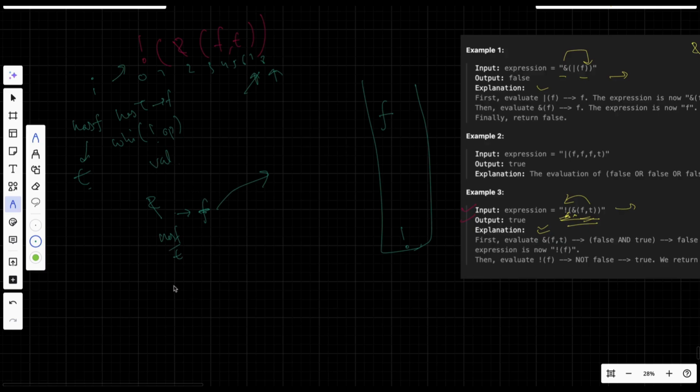Now we check for the operand. This is a not operand. So we check has false is set to true. That means it will become false. So we have popped it, both of them, and we will add this again to our stack. Now finally we reach the end of our string. So we can just return